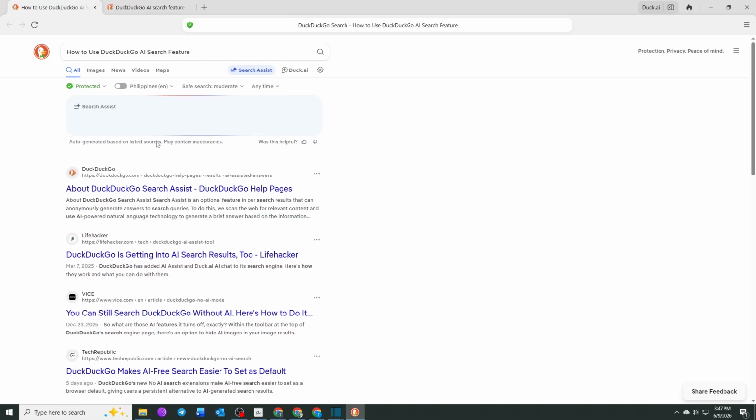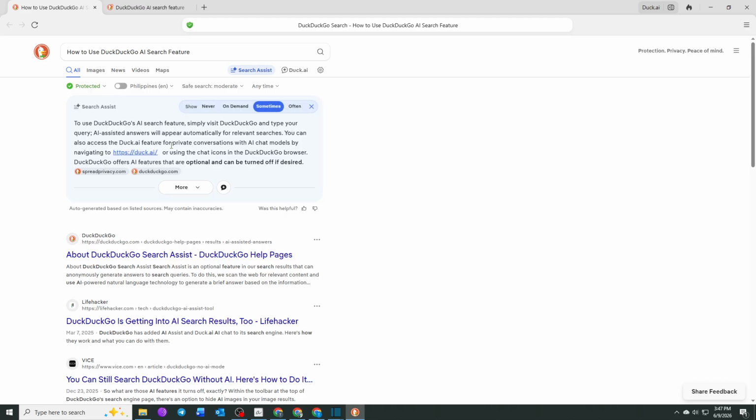relevant responses. If you would like to interact further with AI-powered tools, look for any available AI chat or follow-up options that may appear within the search interface. These features allow you to ask additional questions and continue exploring a topic without starting a completely new search. Keep in mind that AI-generated information is intended to assist your research and browsing. It's always a good idea to review the supporting search results and referenced sources, especially when you're looking for important,